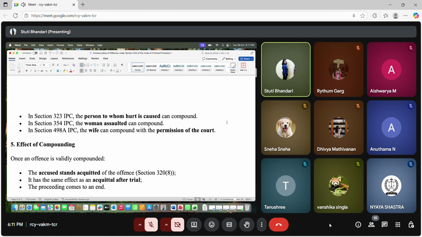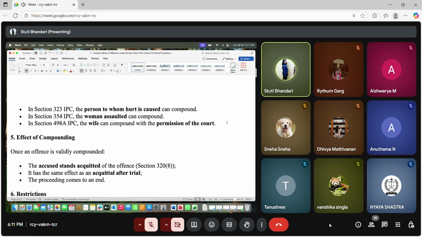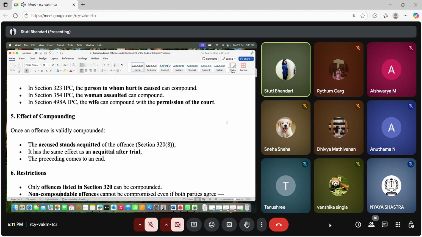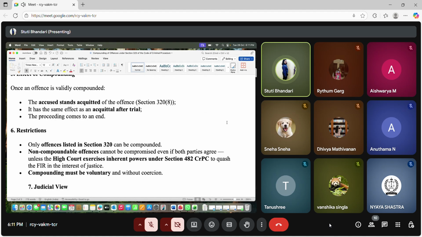Now, what happens after the offence is compounded? The accused gets acquitted, and it has the same effect as the acquittal after trial, and proceedings against that accused come to an end. Now again, restrictions. As I told you, only those offences which are listed under section 320 of the CRPC,